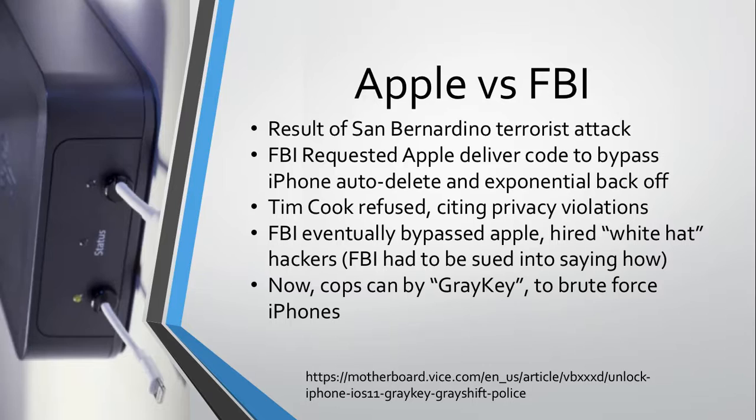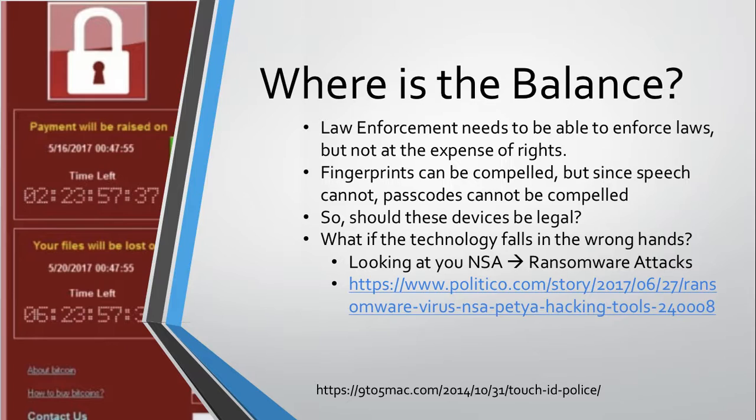This is kind of concerning. Is this something that should be protected by a warrant? Should the police be allowed to just hack into whatever iPhone they want, if this is something that we consider private, something that should be protected the same way your home or your automobile is protected? So where's the balance? Law enforcement needs to be able to do their job. They need to be able to get in and stop the bad guys, but it should not come at the